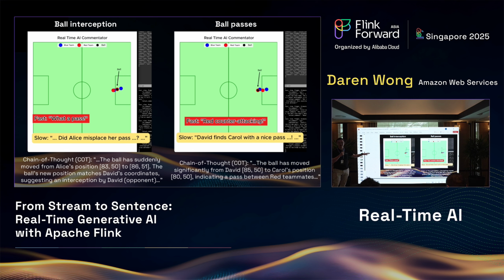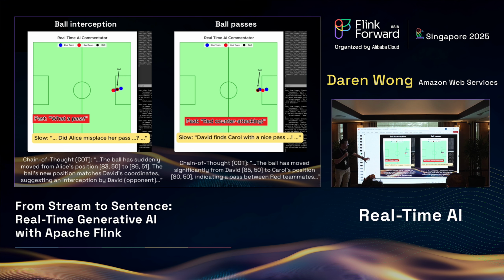It thought that it was a pass, but actually it wasn't. The ball was intercepted by the opponent. And the slow commentator got it right in this case. So the slow commentator here questioned whether Alice from the blue team has misplaced her pass to someone from the